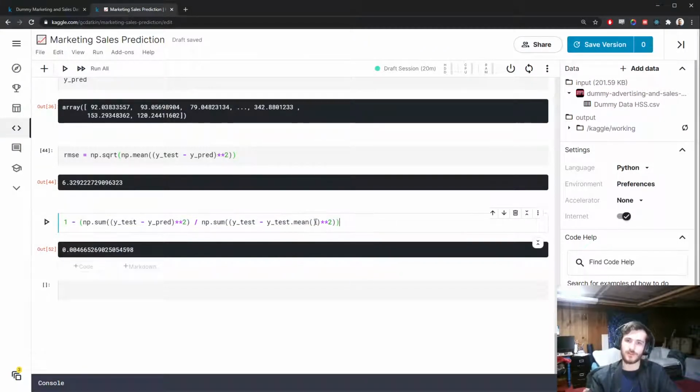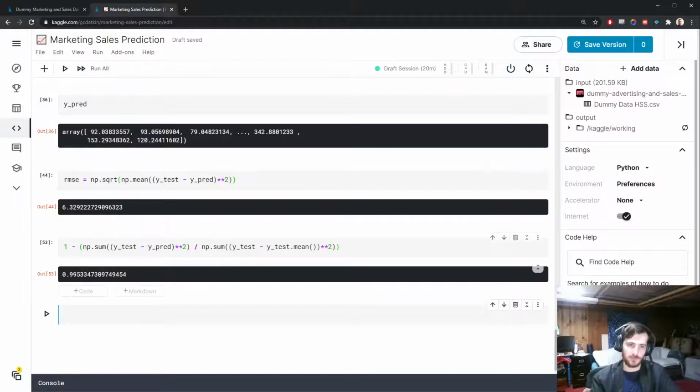So the R-squared score, which is this thing, we have a very good one of 0.995, has the highest possible value of 1 when you have 0 error, and the lowest possible value of negative infinity when you have much, much more error than the baseline model. So let's call this R2,